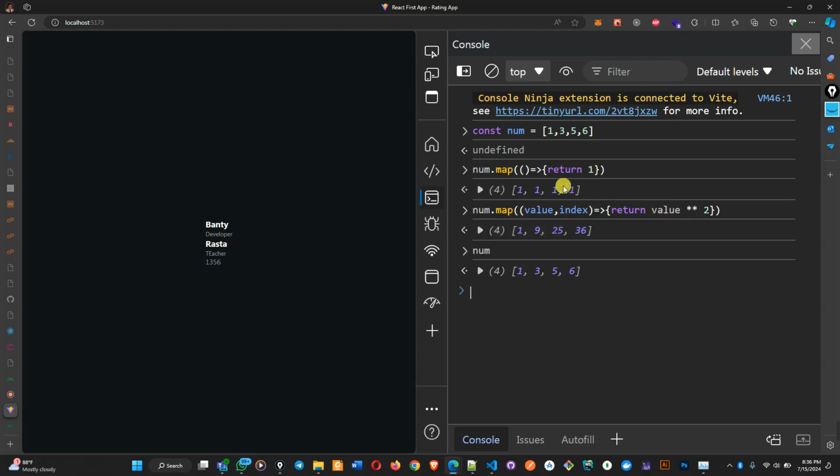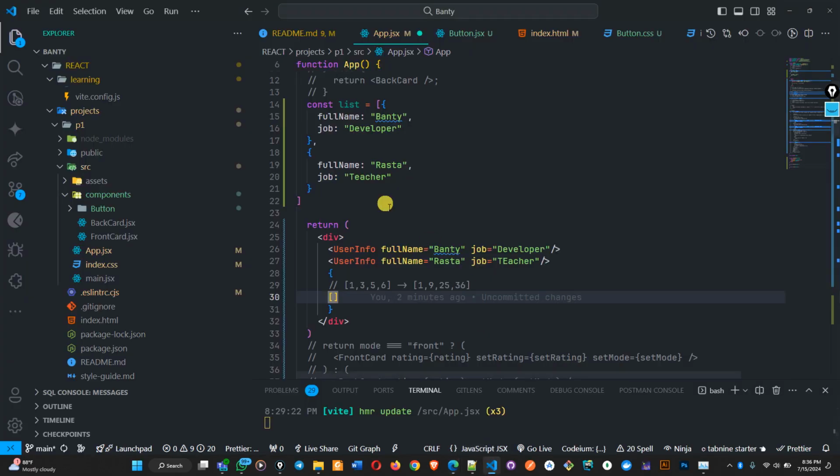And we can use the same knowledge here too in React. Look at what we are doing here. We are returning another set of values. So instead of returning a value like this, we can now return a component. So for this list here, we're going to map all the data that is inside it into a component. And for each one of them, you just return whatever details you want React to render for you